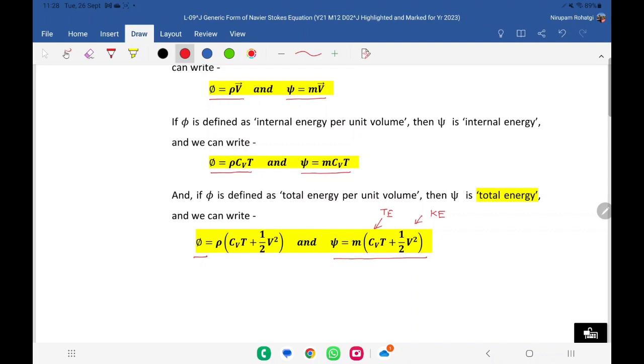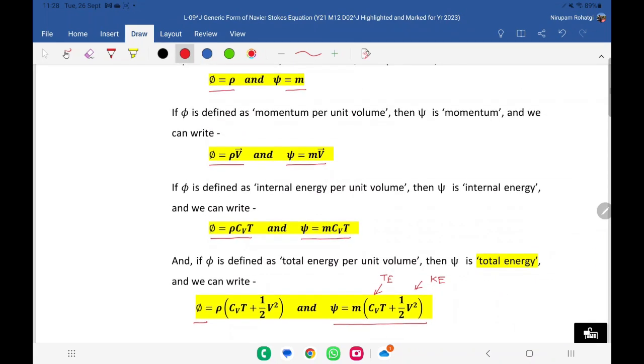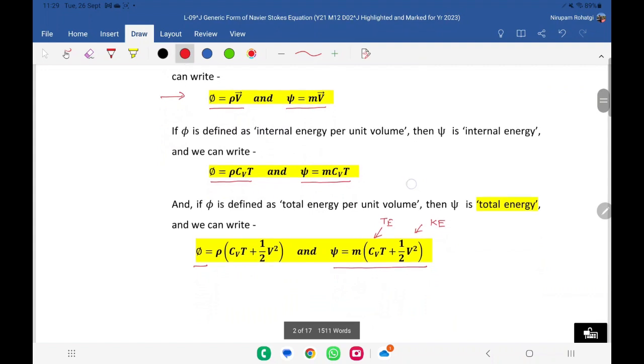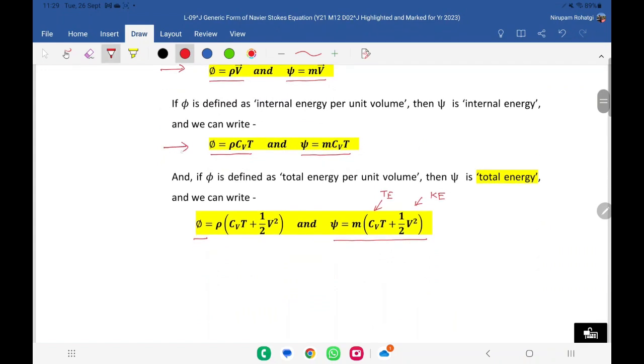So phi is, you can say, in one case it is density, in the second case it is specific momentum, third case is a specific internal energy, and in the fourth case it is specific total energy. Okay,